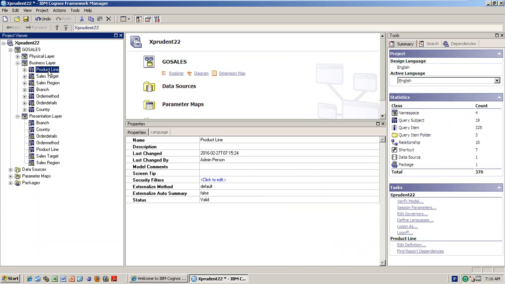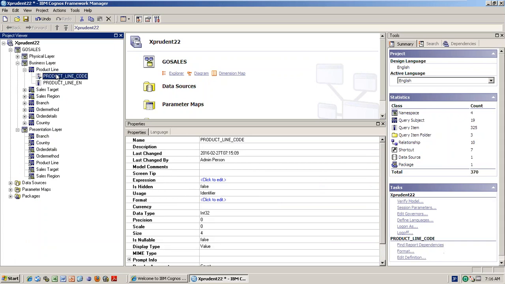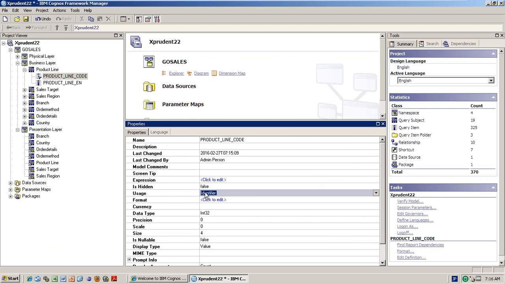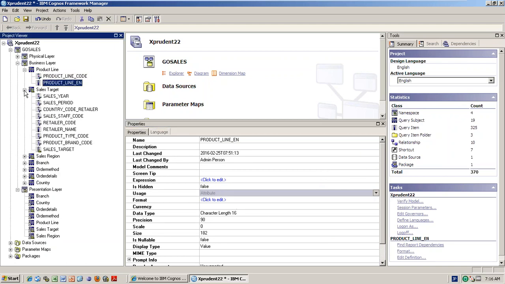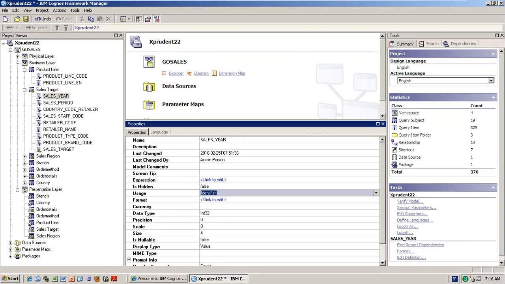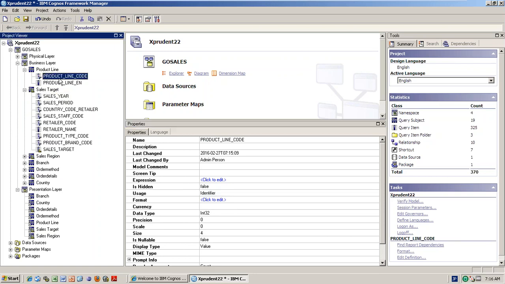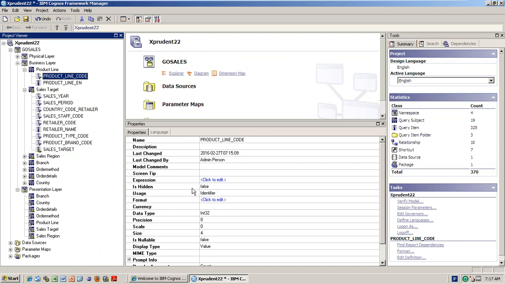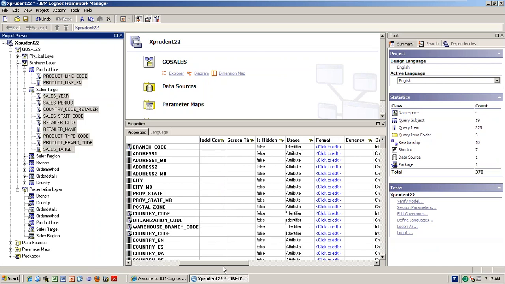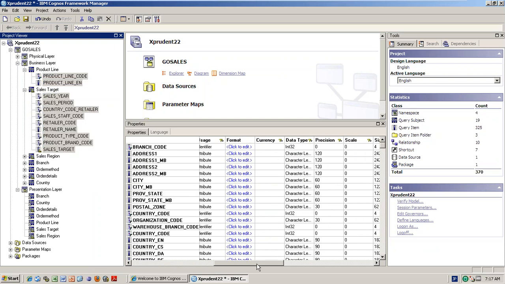For example, as I told first today, while you are doing the usage property, right, each column you need to check like this, right, usage, and you need to go to the next column and change the property, and go to the next column and change the property, right? So instead of that, select the column, right click, similar objects. Then all the columns will be selected, right? Then at one shot you can set all the values. See now, all the columns are selected, all the properties also came. You put like this.